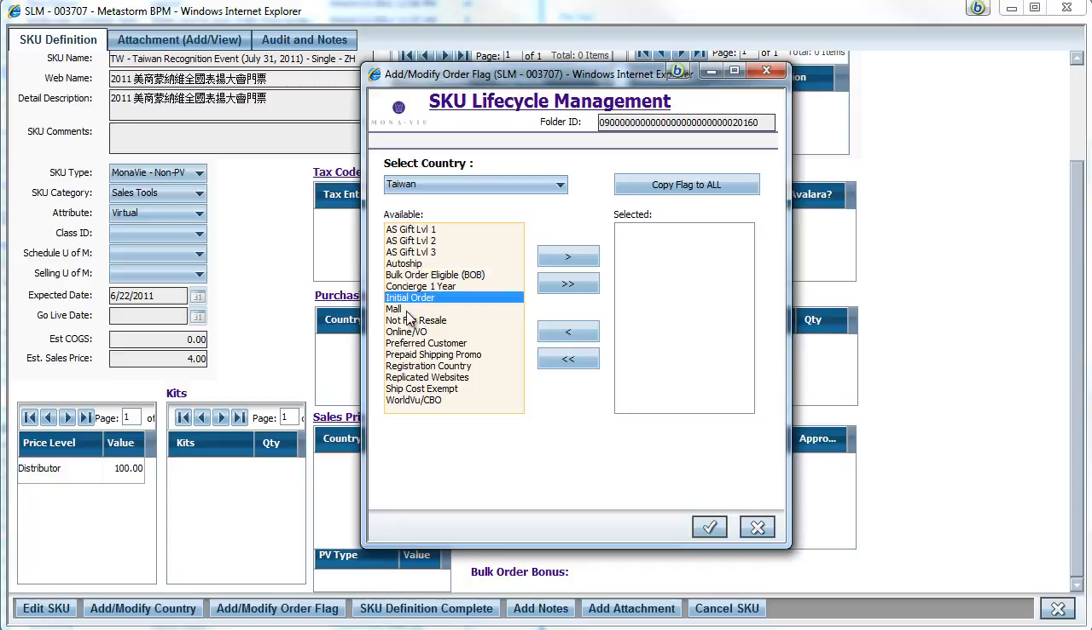Also, with initial order, this would allow for that tool to be included or accessible in the VO for when the distributors make their initial purchase. The mall, you need not concern yourself. There's only one mall that Monavi currently owns, and that's the Japan mall. So the Japan market is the only one that needs to worry about that at this point. The online VO, if you're going to make this tool available within the VO, then of course you need to select